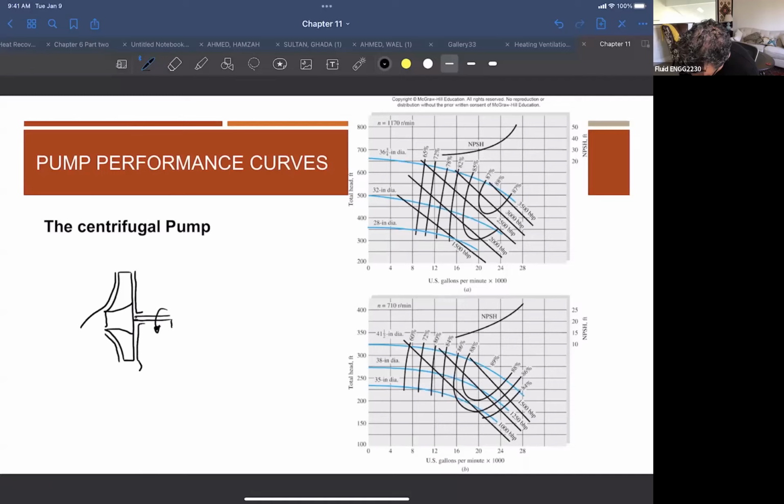So the fluid will come in this direction, and then, right. So if you look at this from these sides,